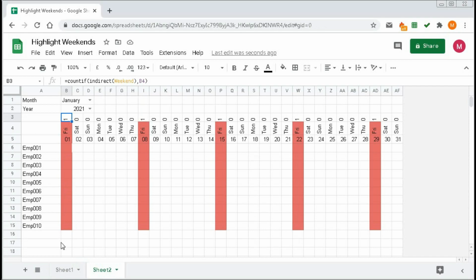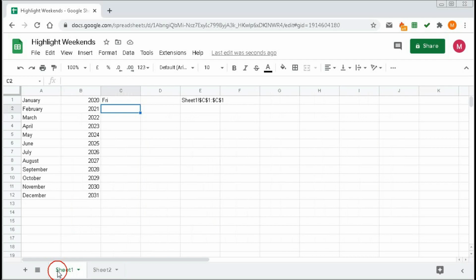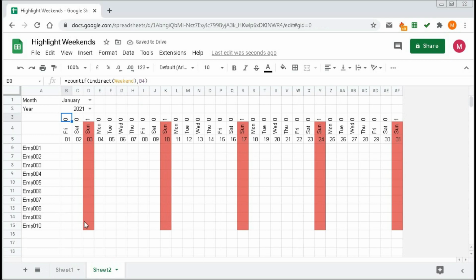Just make this dynamic, then change the day here and it will automatically highlight that column. So in this way you can highlight the weekend in any attendance sheet within Google Sheets.